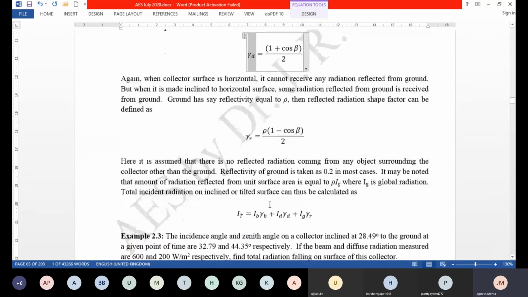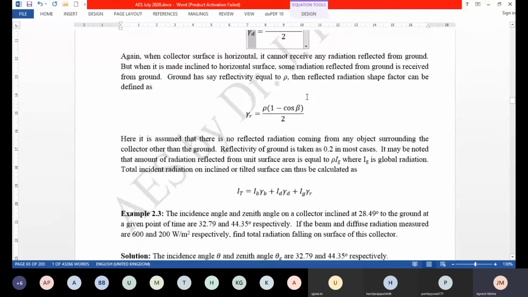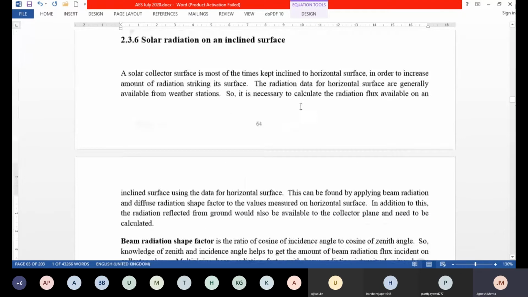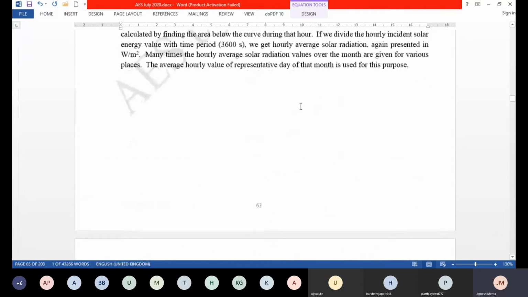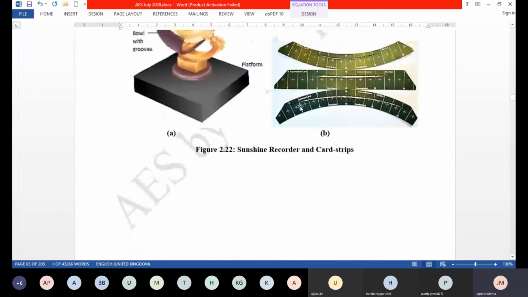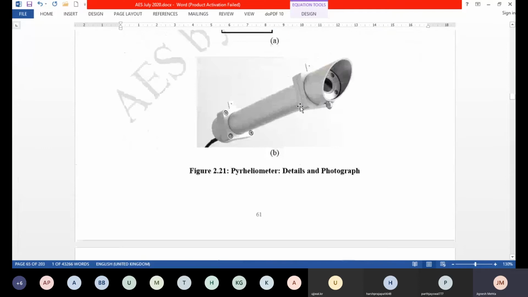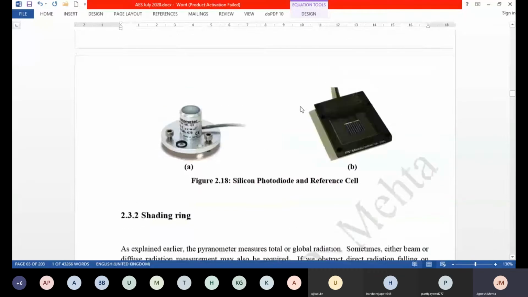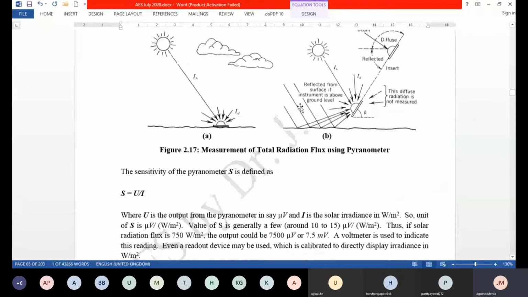So this is reflected radiation shape factor. Now, how much reflected radiation would be available? It would be how much is coming from the ground and being received by the collector. I think I should go to the diagram which I have been mentioning again and again, right? Or I should have put it here. Right. So I'm talking about